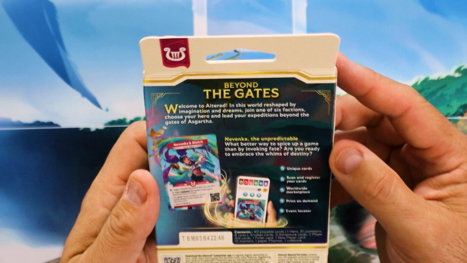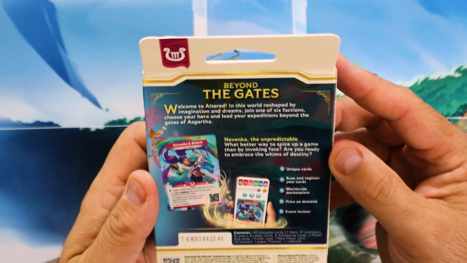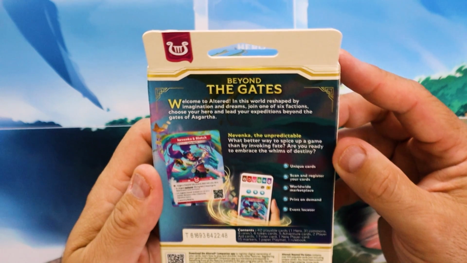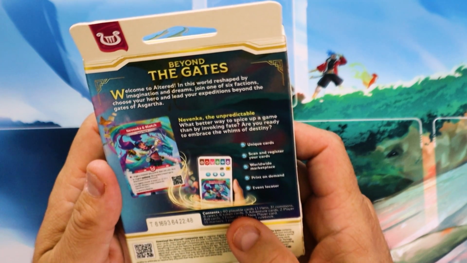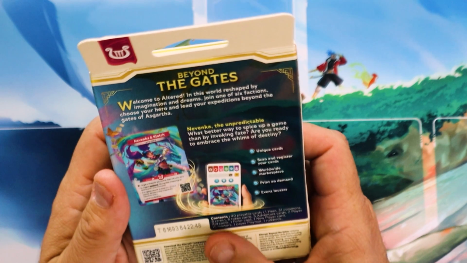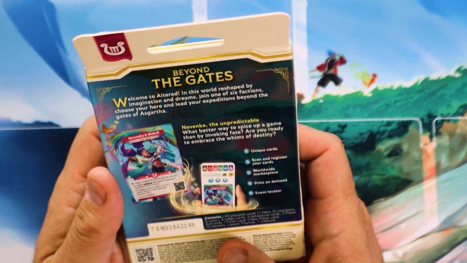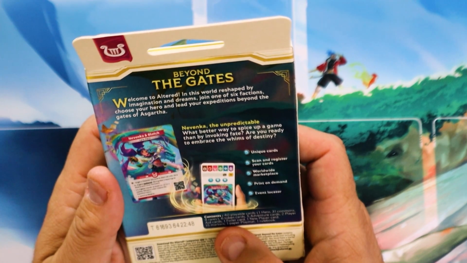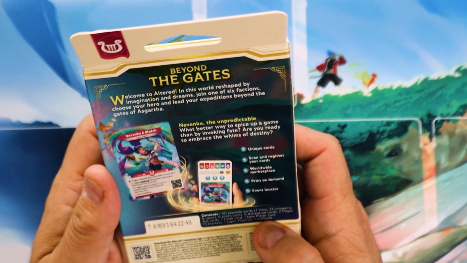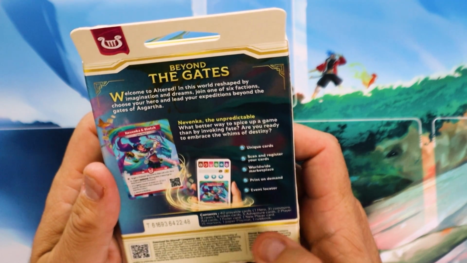It says, "Nevenka the Unpredictable. What better way to spice up a game than by invoking fate? Are you ready to embrace the whims of destiny?" All right. So this has 40 playable cards, which has 1 hero, 31 commons, 8 rares, 6 token cards, 5 adventure cards, 2 player aid cards, 1 foiler card, 1 new player card, 15 markers, 1 paper playmat, and 1